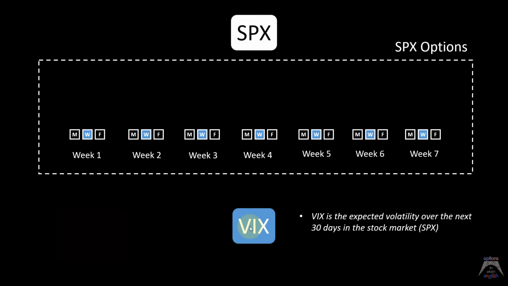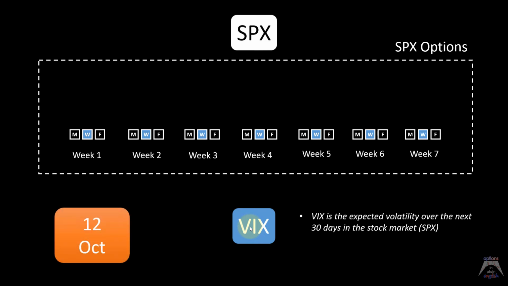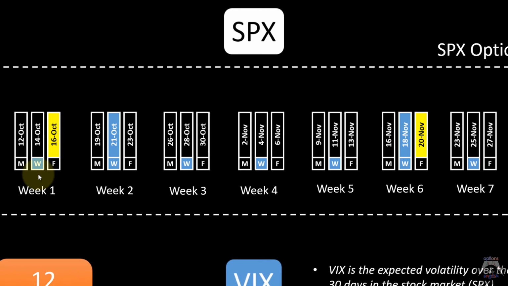So it's always measuring what the expectation of the market is for volatility over the next 30 days. So in this case, as I mentioned, we're going to go through an example. We're going to assume that we are on October 12, 2020. Okay. So on October 12, which was a Monday, you're going to have all the different SPX expirations, 12, 14,